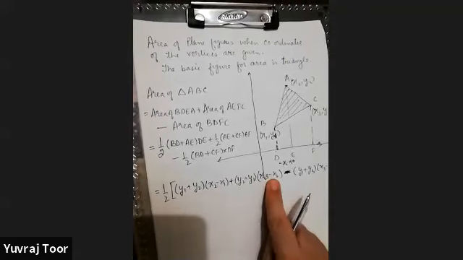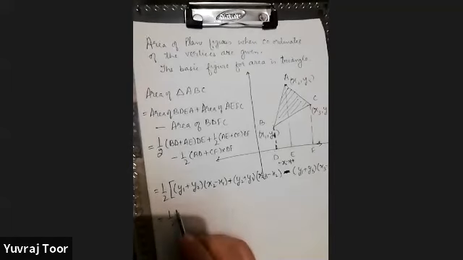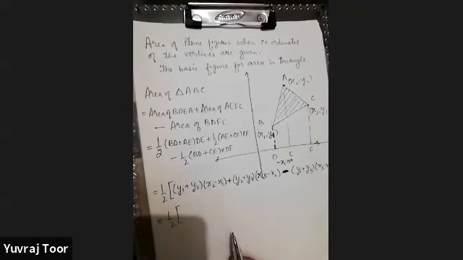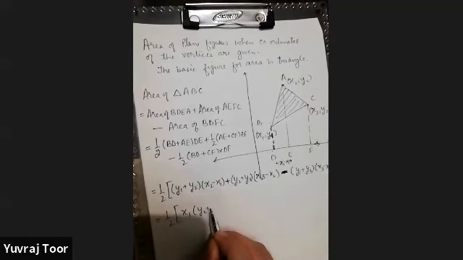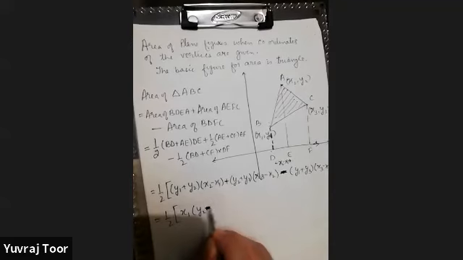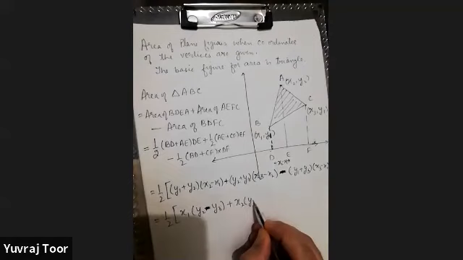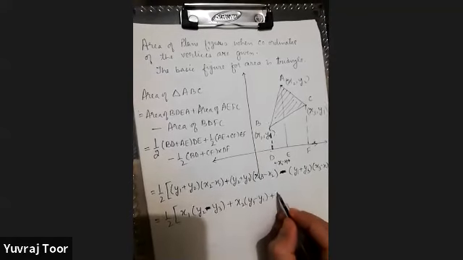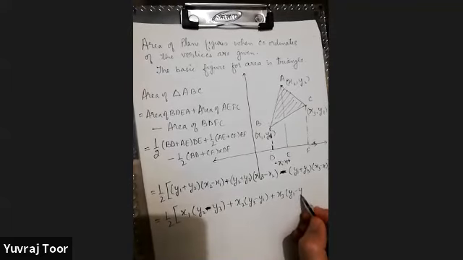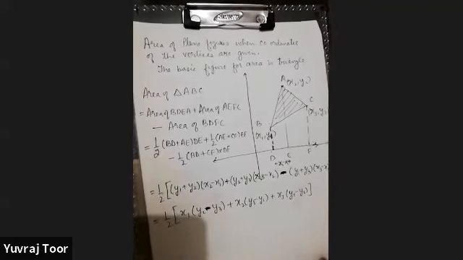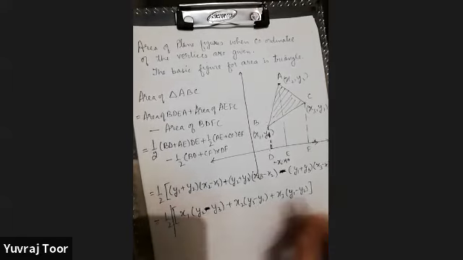Finally, when you do all the multiplication and simplify, you come to the result: x1(y2 minus y3) plus x2(y3 minus y1) plus x3(y1 minus y2). So this is the final formula, and we have to put that in modulus